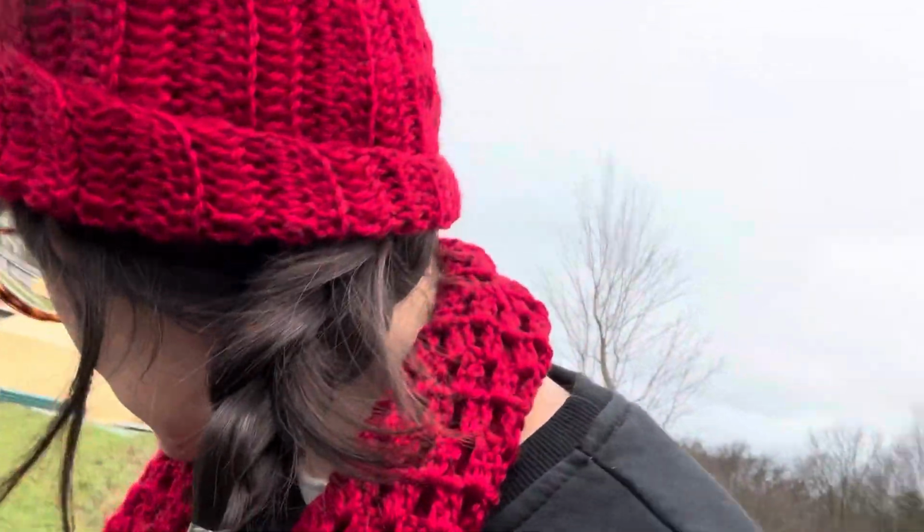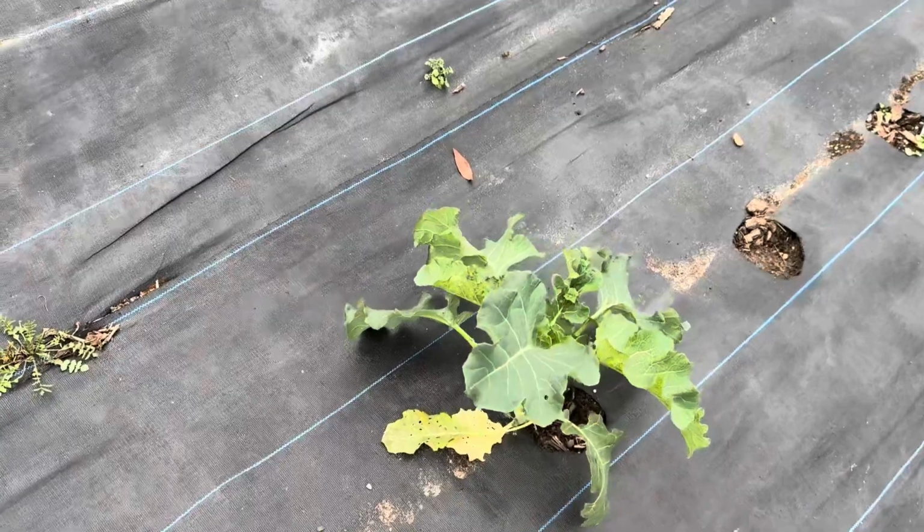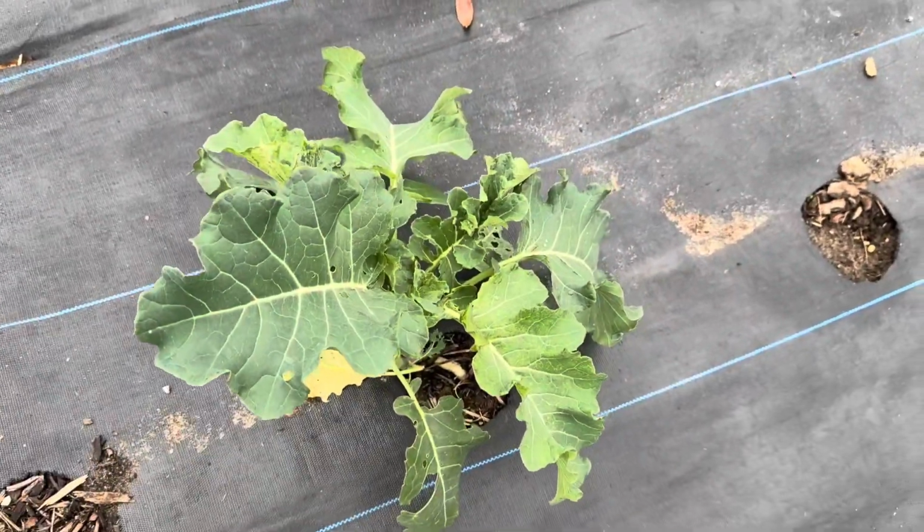But the most important thing to do in the garden is to, I'm out of breath, get these water lines labeled and put up. Wanted to check on my brassicas. We got frost